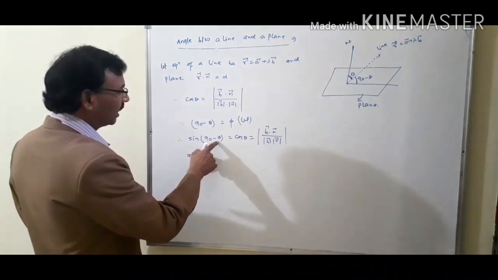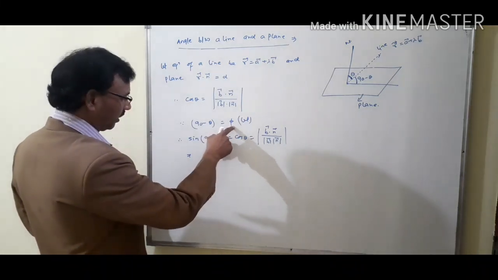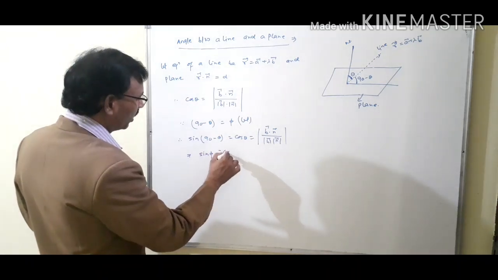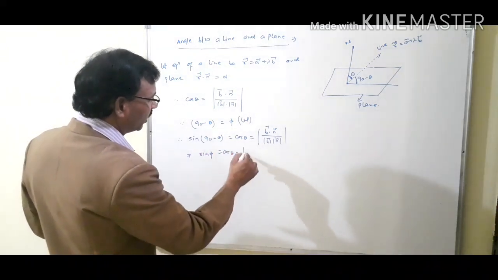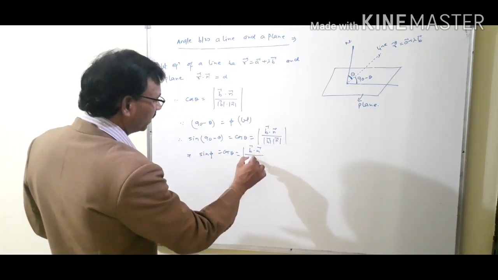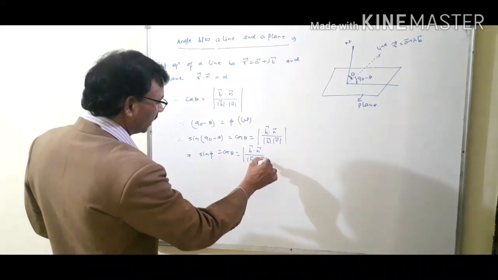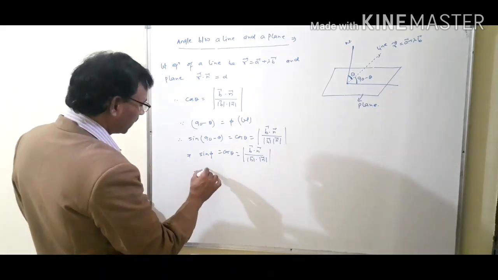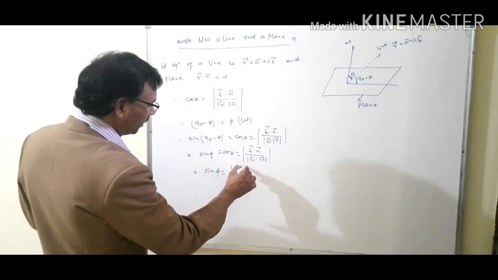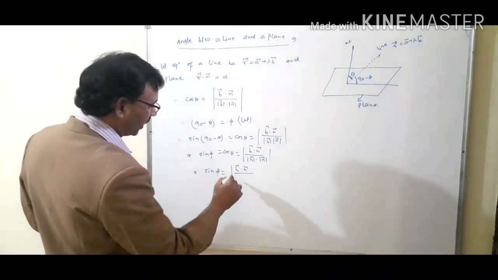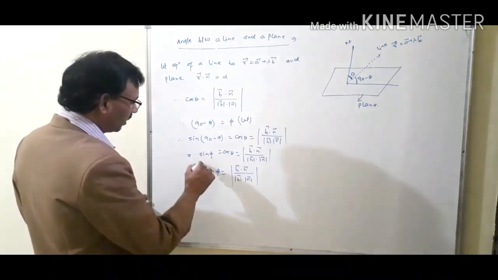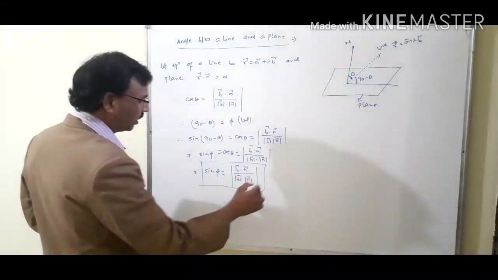So sine phi equals cos theta, which equals b dot n upon magnitude b into magnitude n, or sine phi equals b dot n upon magnitude of b magnitude of n,